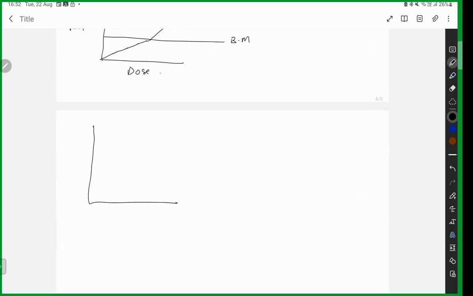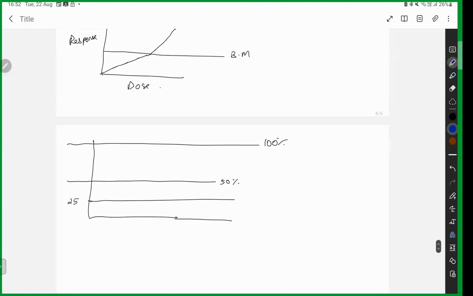Now just write along with me. So what I told, maximum response varies with each drug. Okay, the maximum response of the drug will be varying with each drug. So either it can be 50%, or it can be 100%. For some, if you see, it will be below 50% or 25%.